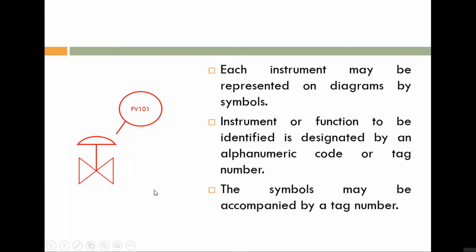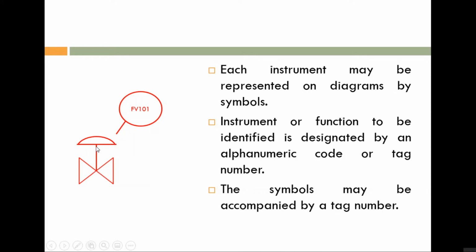Here I think you are familiar with this symbol. This is actually a control valve. But you can see that this one is a combination of a number of symbols. We will discuss this in detail in later classes. This combination of two triangles is the symbol of the valve body. Now this T shape, this horizontal line and this vertical line, is the symbol of the diaphragm actuator.